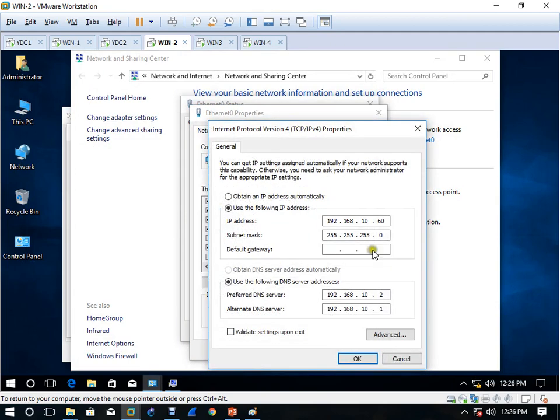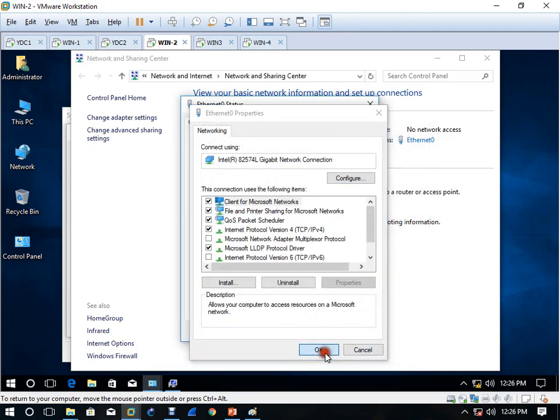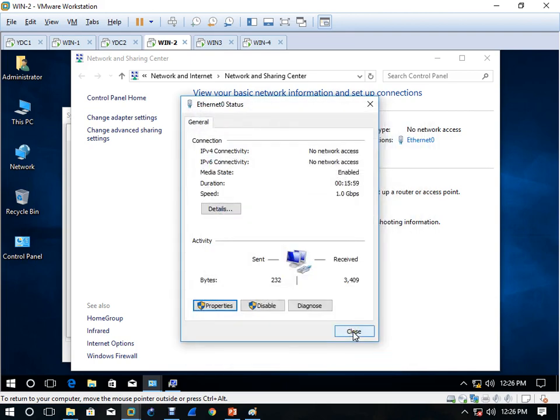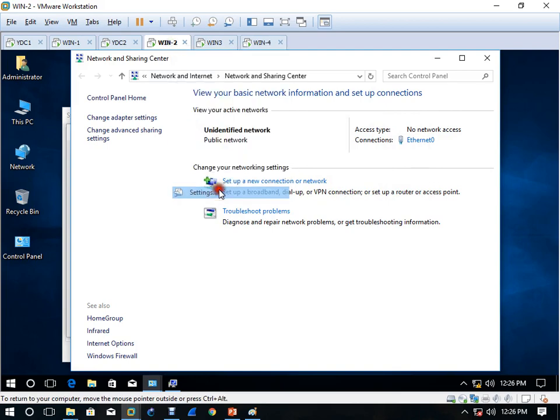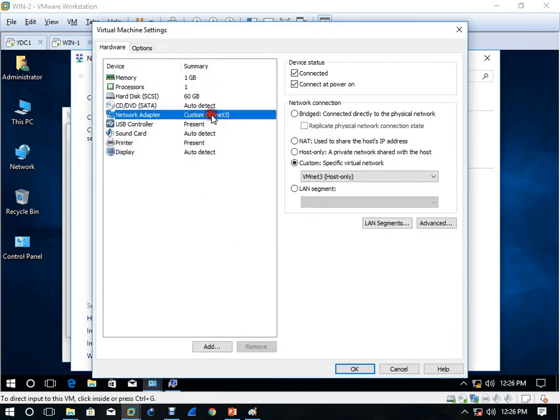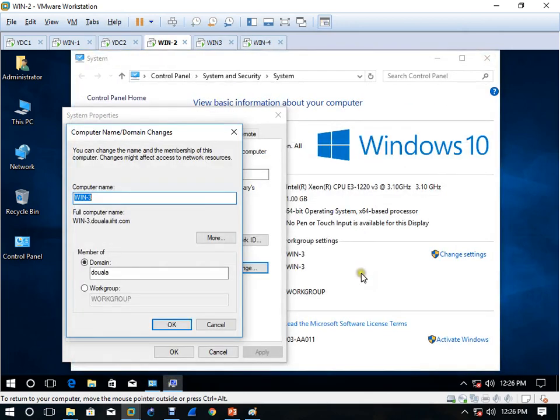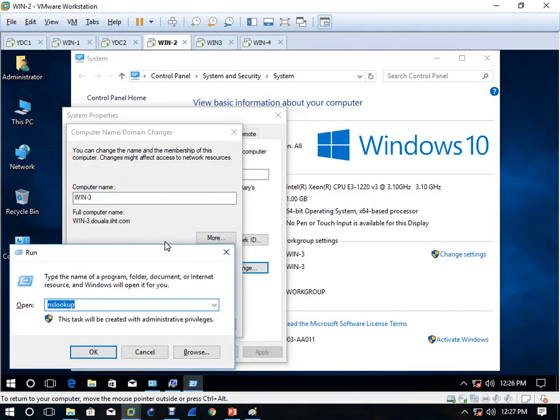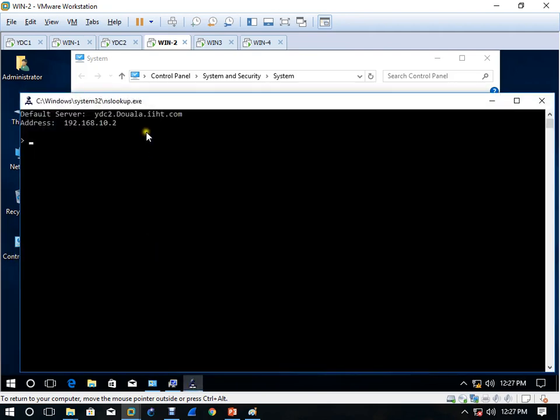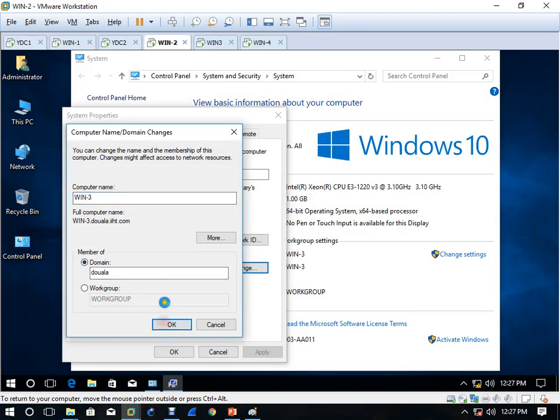We have to check also whether it is communicating or not. It's not that we directly try to add to the domain. Okay, so I think we have some problem with the communication. Yes. Okay, why was the LAN card different? So I'll make the default LAN card. Okay, now the default LAN card has been created, and then write nslookup and check. NS lookup is working. See, DC2 dwala.ist.com. So when the nslookup is working, now it will work.